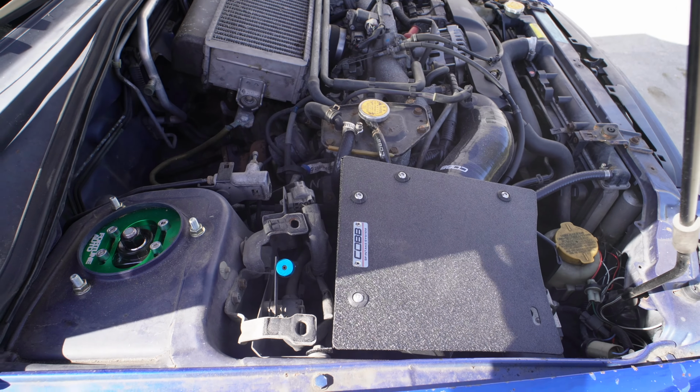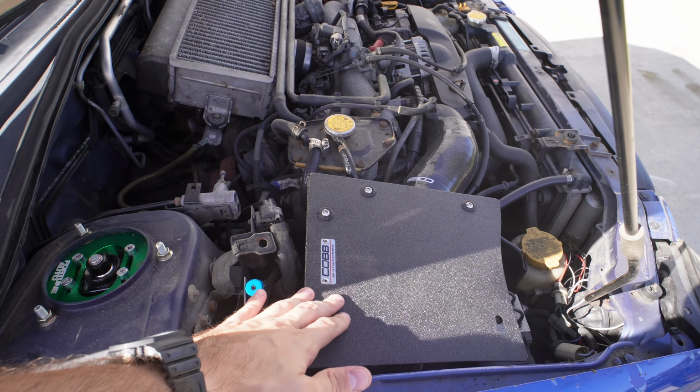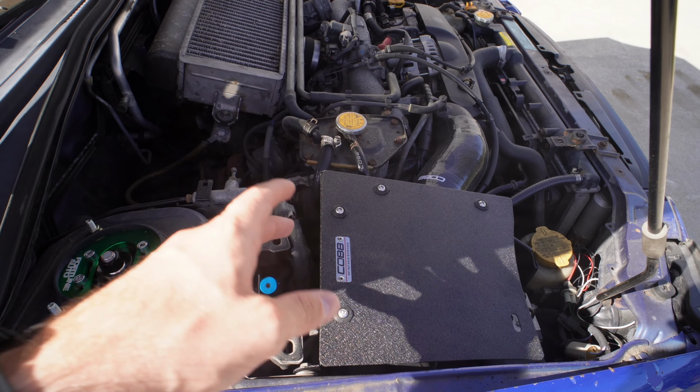The last thing about mods is that if you're gonna spend the money, make sure you spend it in the right place. I know it's so easy to go on eBay and just buy something that's fairly cheap and does the same function as something else that you were going to purchase instead. That's what the previous owner actually did with this intake. He just bought one off of eBay instead of getting the Cobb one. So really he shouldn't have been running the Cobb Stage 2 tune because it wasn't all the parts recommended for it. And I guess, yes, it did perform the action of being an aftermarket intake that isn't what originally came on the car, but